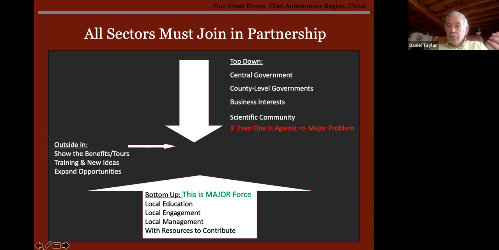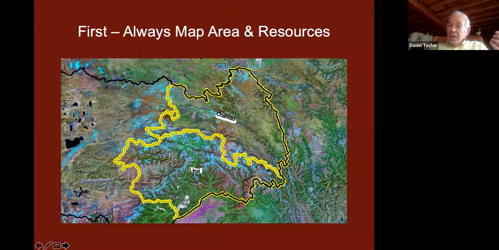And in just a few minutes, Rosie is going to give an example of how one of your alums, who graduated in a class before you, made this partnership happen. But in the example here, you have created and brought in the 4 great rivers areas, the most isolated part of the planet, huge